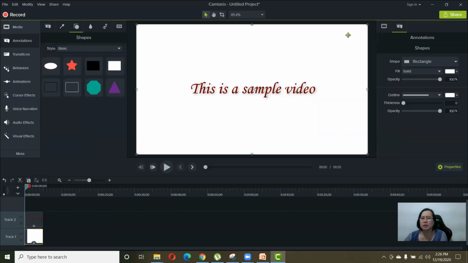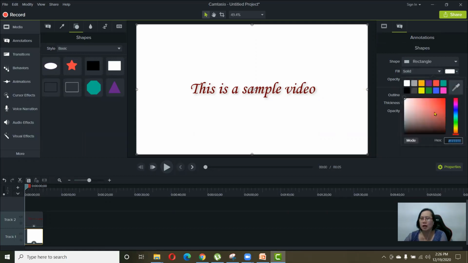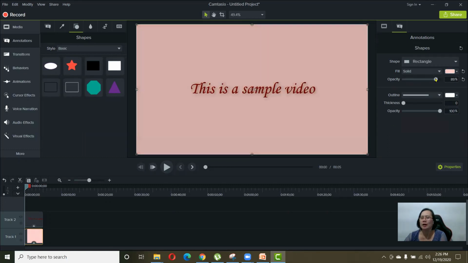If you want to change the background color, you may click here and then fill, change the color. Okay, so that's how to change. You can also apply the opacity of the background. If you want to put an outline, you can also put an outline, the thickness of the outline here, and also the opacity of the outline. Okay,